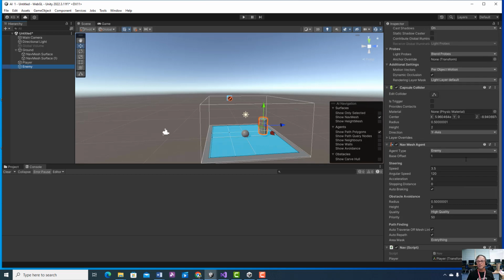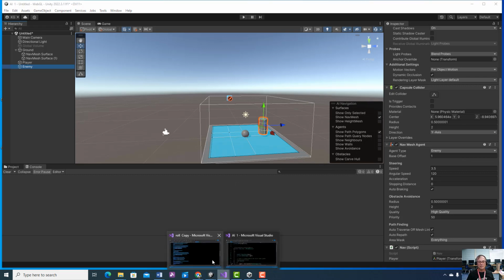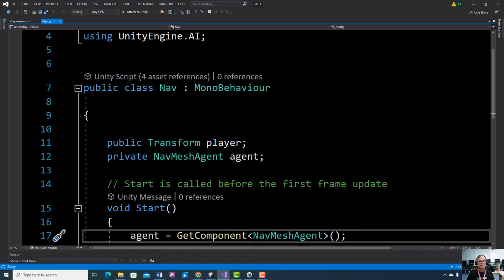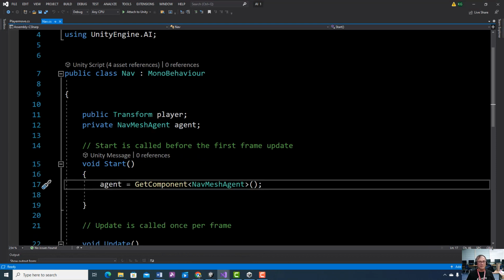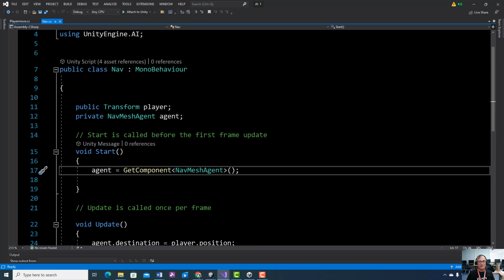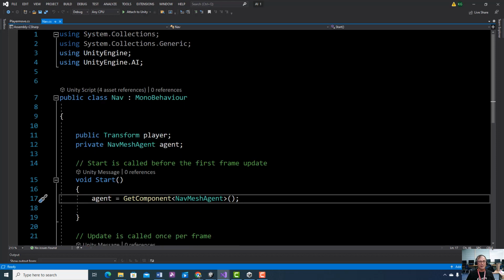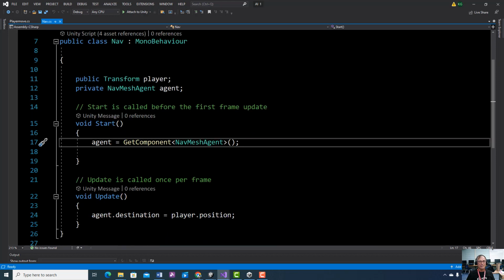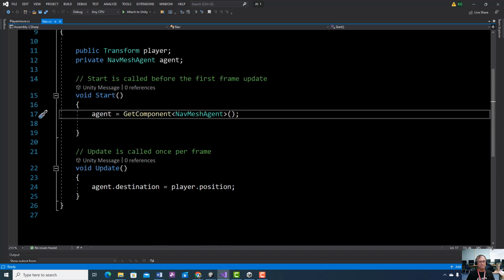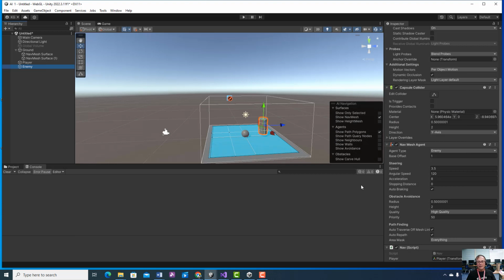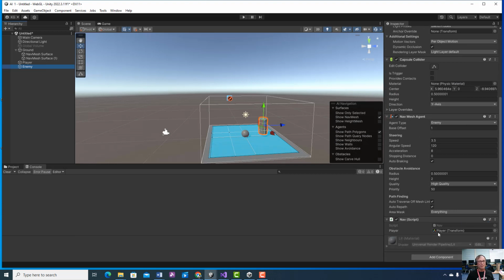Okay, and then my script, two scripts. This is the one to make it move. You guys should already have this one. Make sure you have the AI, and this is all we need. And so if I put that script on it, drag my player in,